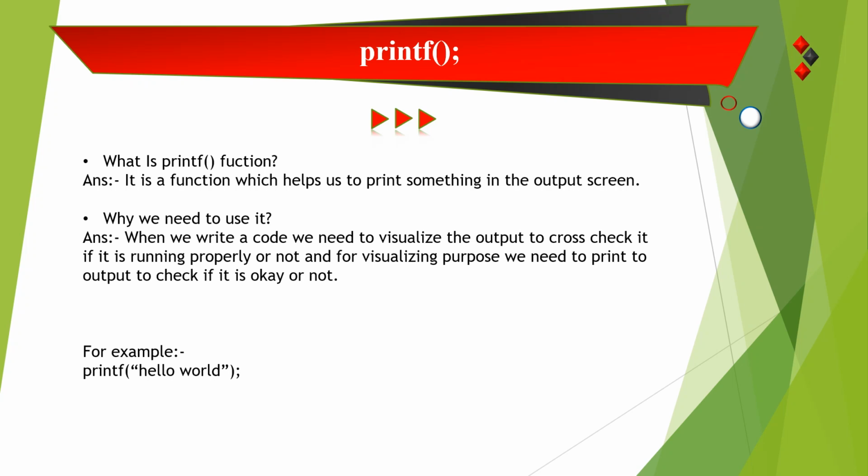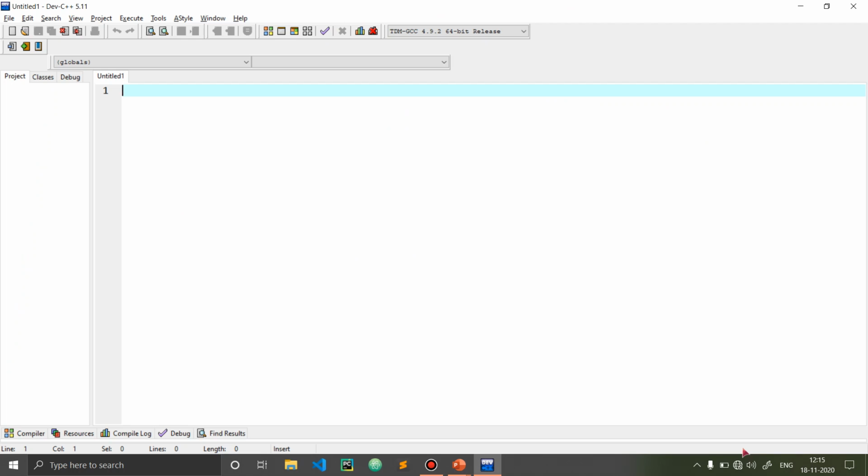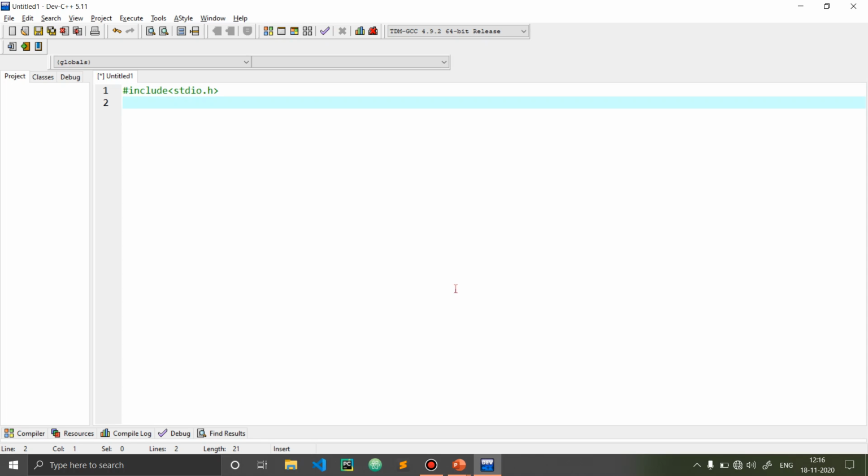So that's it. And now coming to the practicals. So this is our Dev C++ IDE. It looks something like this. And now we're going to write our first code. And first of all, we have to add the header files. So how we add it? Hash include stdio.h. Now we have added our header file, and I have told in a previous video that in Dev C++ the conio.h header file is not needed, but in Turbo C++ you have to add the conio.h and getch at last.